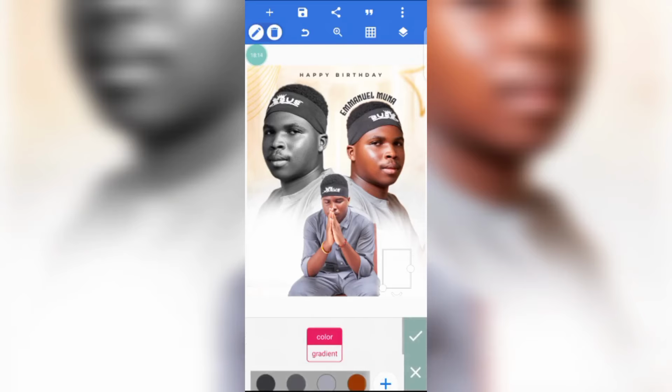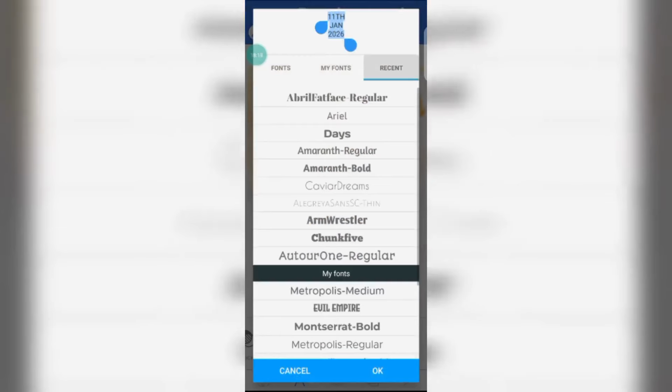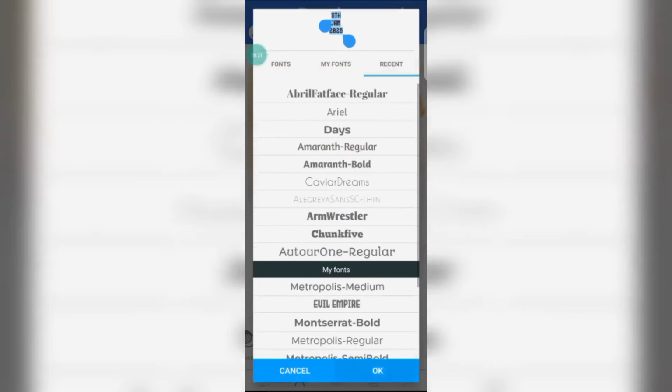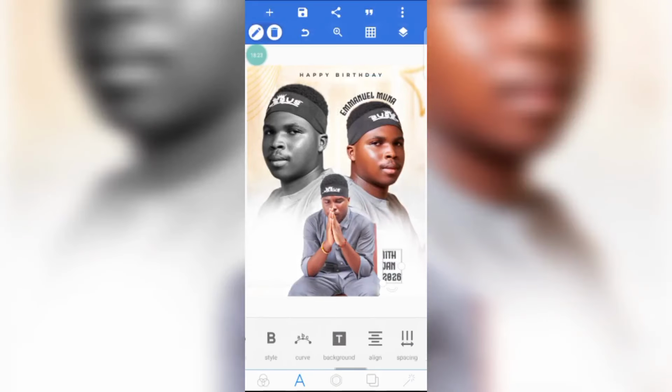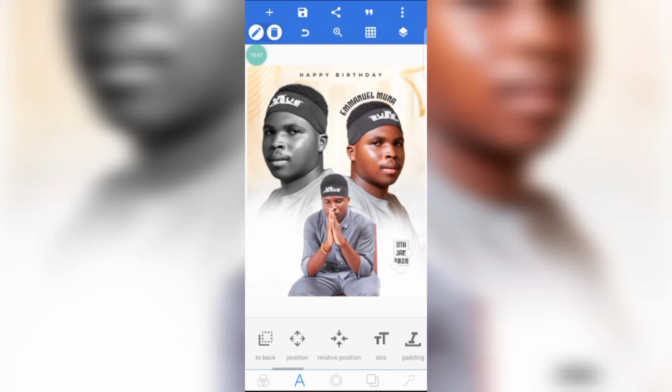Now go to color. This is the color we'll be using. Now go to font. We'll be using that same font, Evil Empire. Yes. Go to alignment. This is the alignment you'll be using, a center alignment. So take it up, place it here. Go to size. Let's reduce the size a little. Okay, and go to position. Move it, then bring it down a little. Okay,